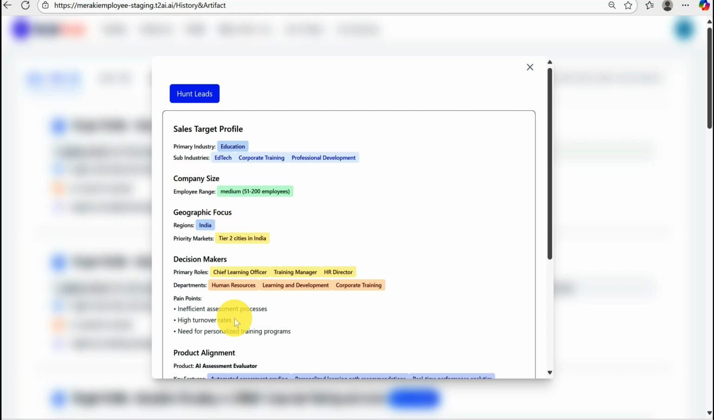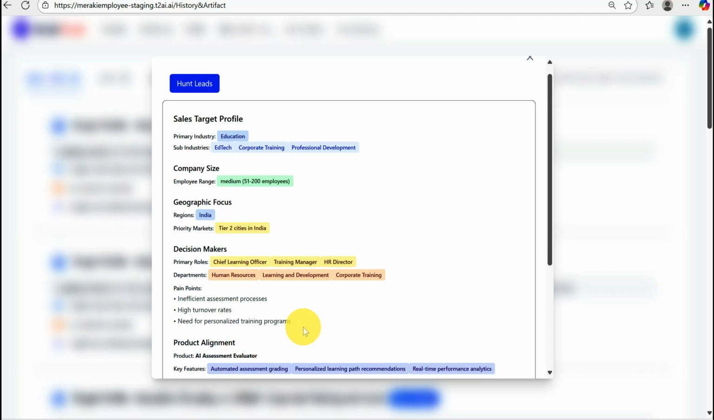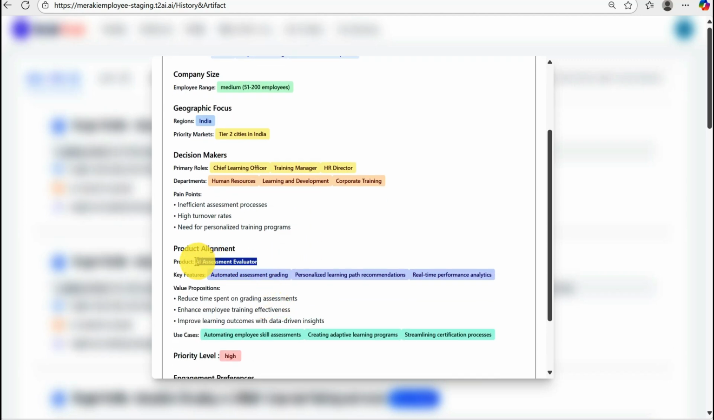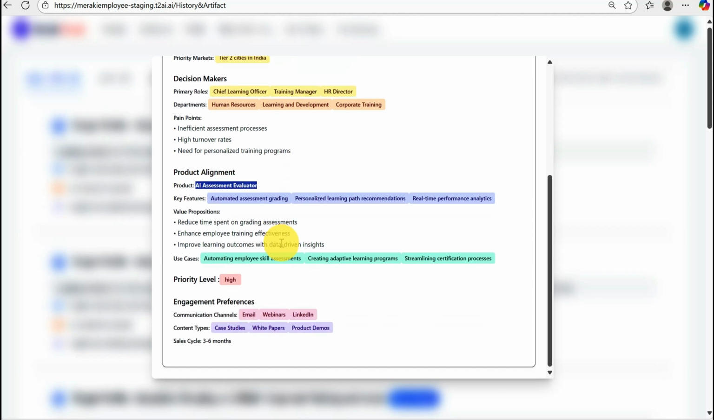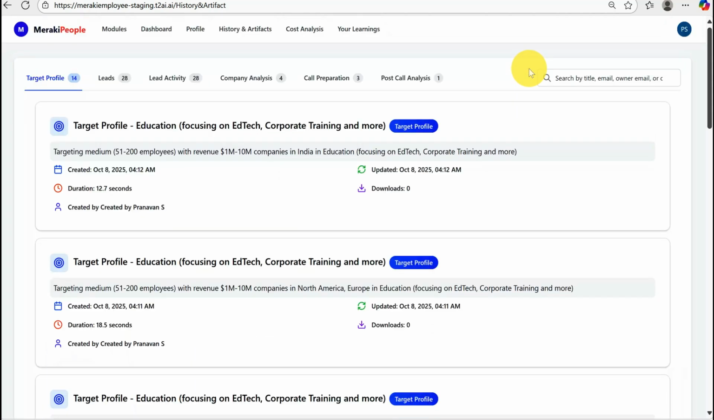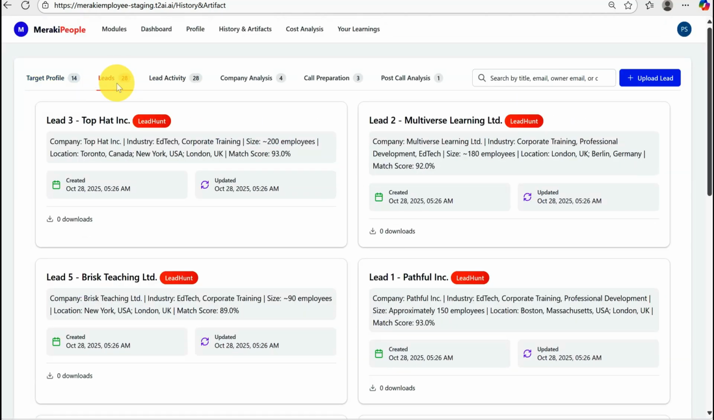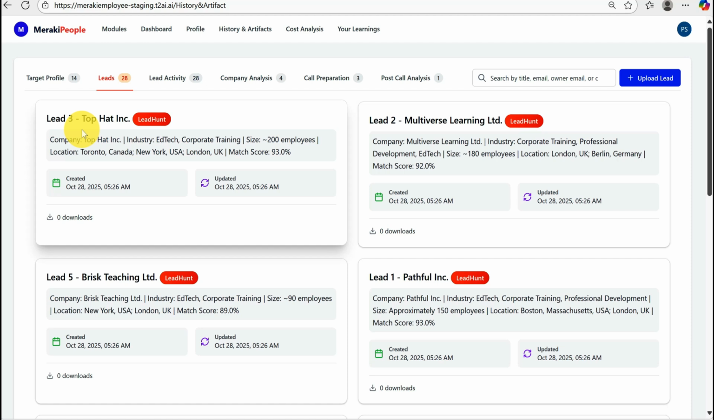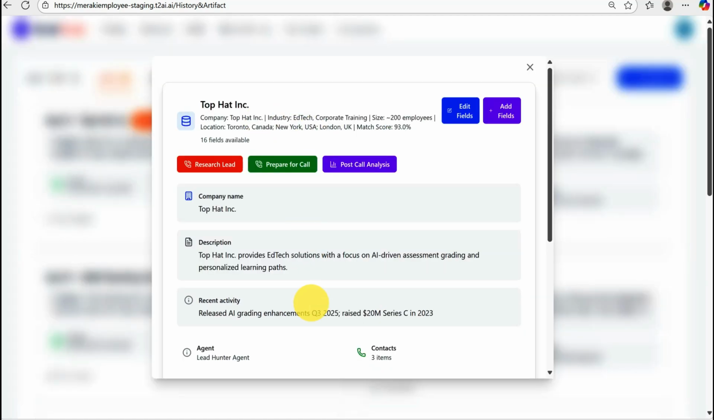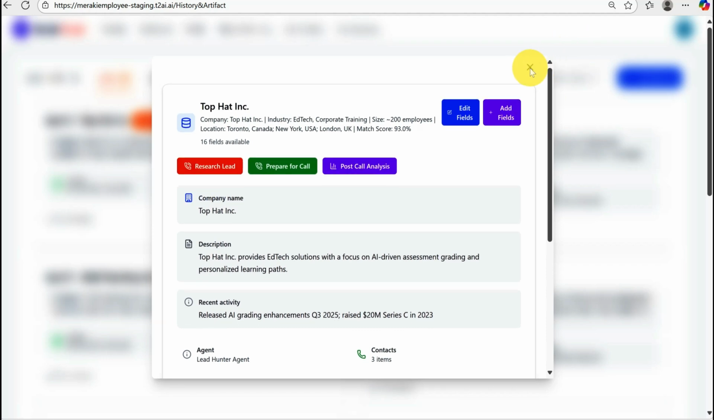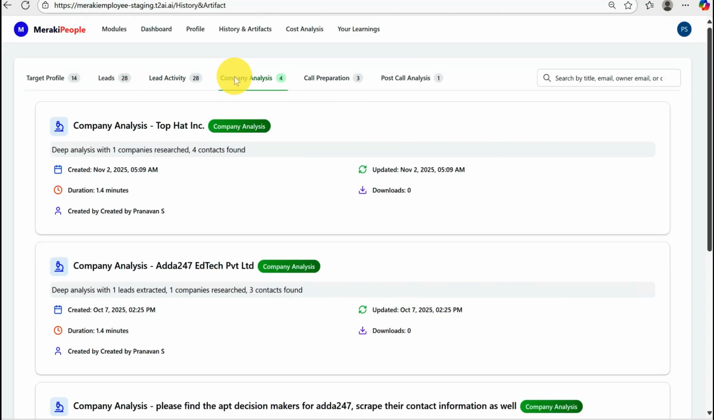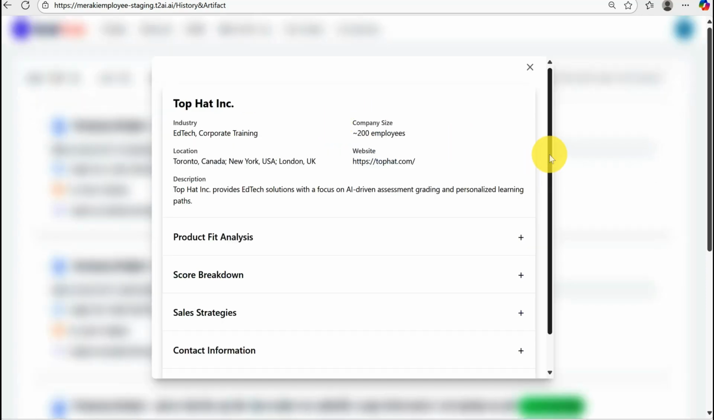We have a lot of products. One of the products that we have is the AI assessment evaluator, and we wanted to generate leads for ourselves, right? So this is the target profile created, and then once we hunted the leads, we found leads like Top Hat Incorporate. So this is the lead card. We can choose to do a deep research, right? So once we click the deep research, this is the kind of company analysis